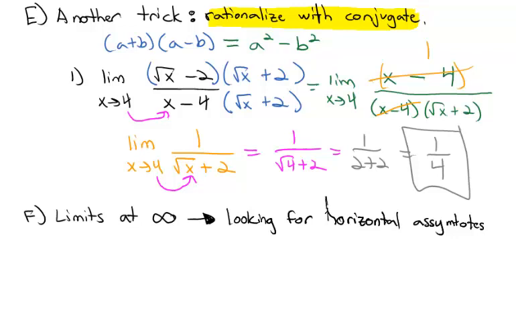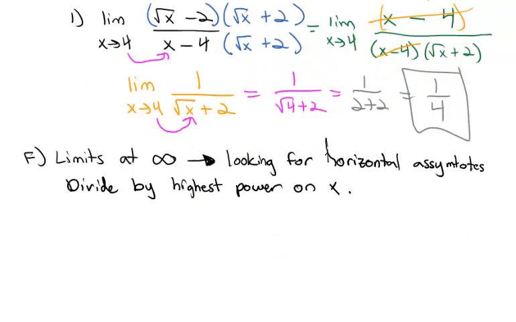And the way we find that horizontal asymptote is we are going to divide by the highest power on x. Oh, and use one more little detail. This is important. We're going to let you know that the limit as x goes to infinity